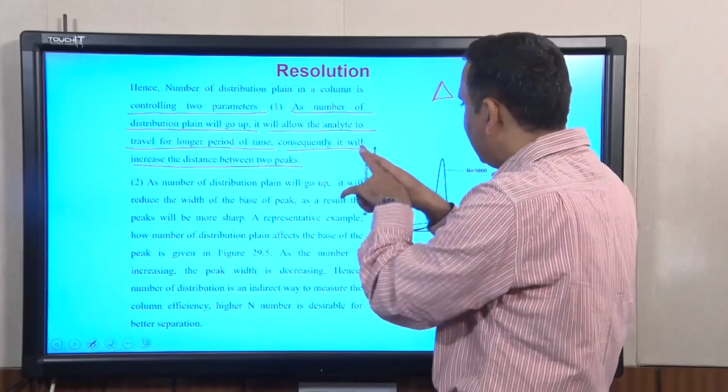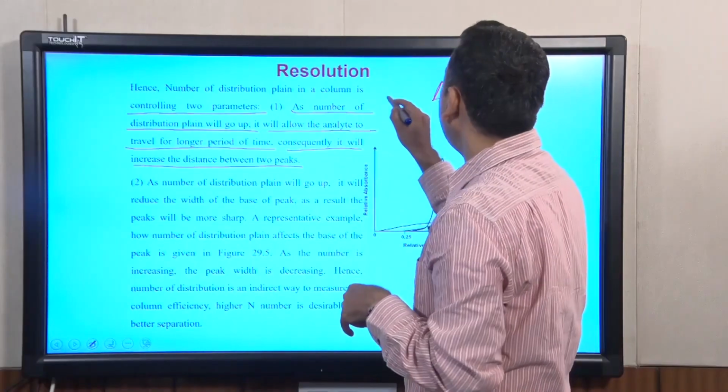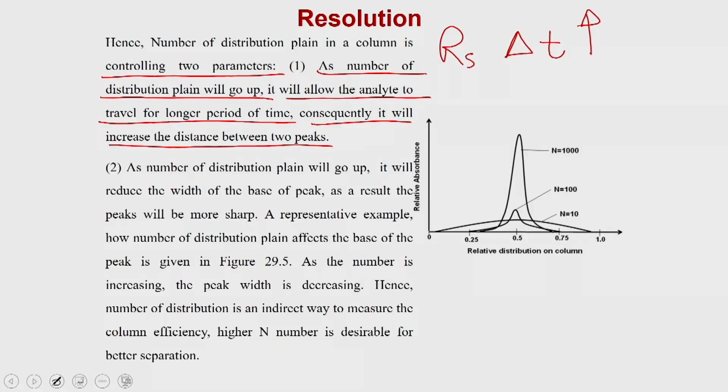If you increase the delta t between the two peaks, you are going to increase the resolution, because resolution is directly proportional to the delta t. Now, as the number of distribution planes goes up, it is going to reduce the width of the base of a peak. As a result, the peak will become sharper, which means it is lowering down the